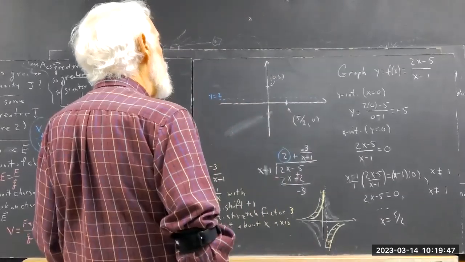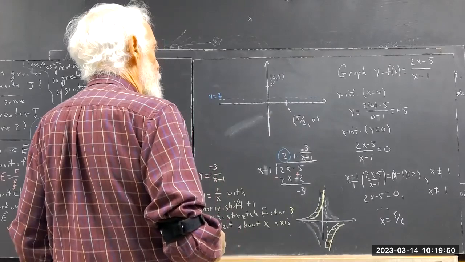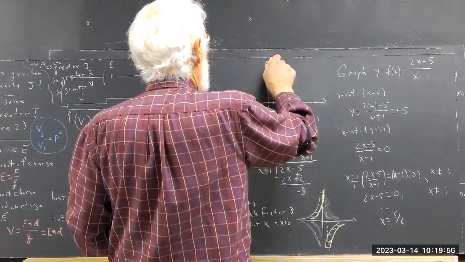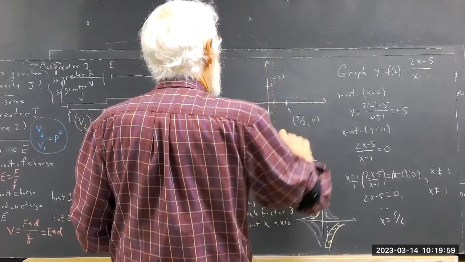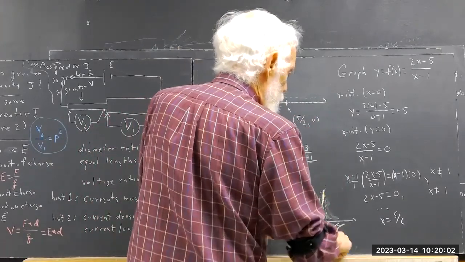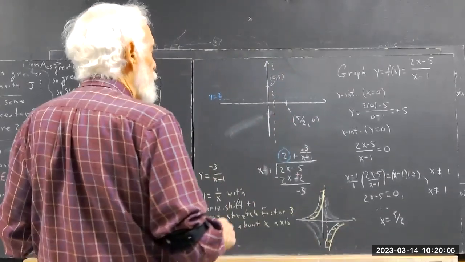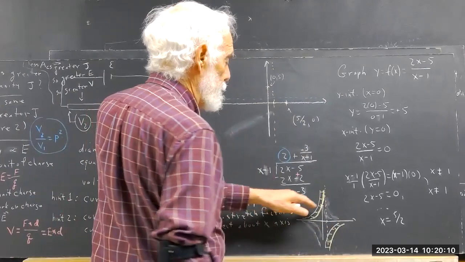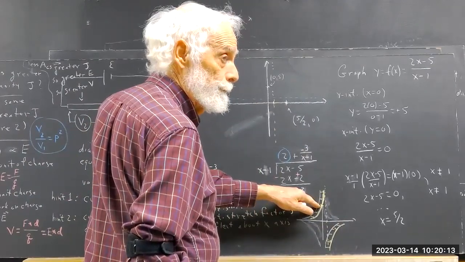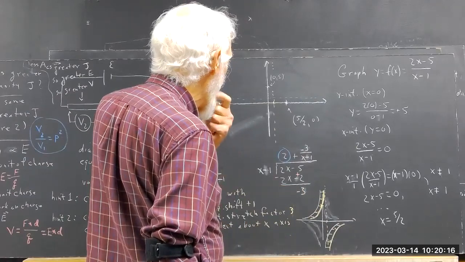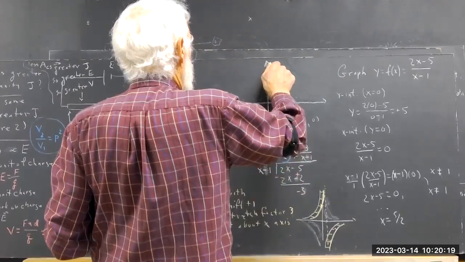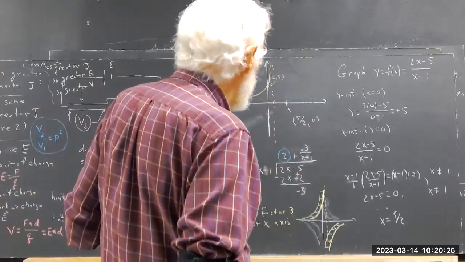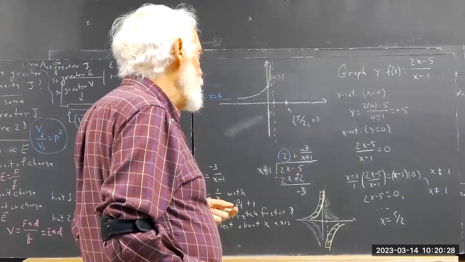So it's like we've got a graph that approaches y equals 2 near the line where x equals 1. Got a vertical asymptote. And it's going to look like this and like this. And on this side, it's going to come through the x-axis at some point. So it's going to do something very much like this. On this side,